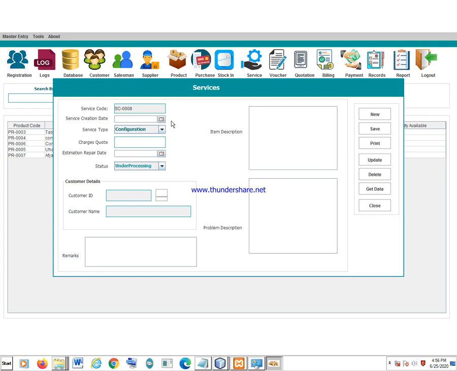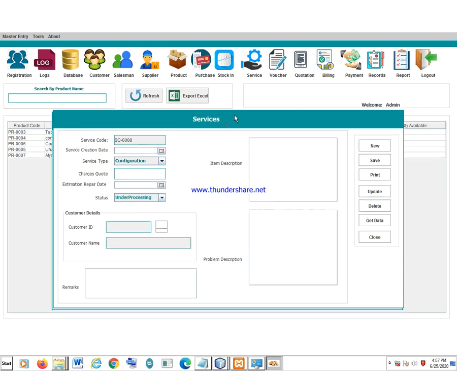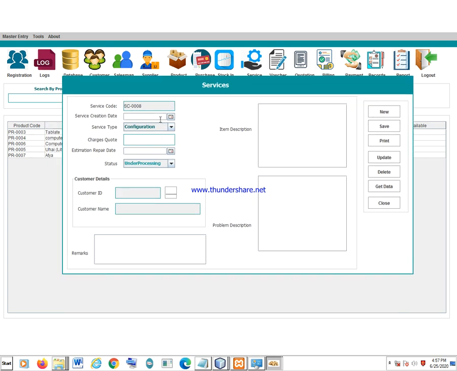Maybe you provide maintenance, tracking, or any kind of service. A person comes to your office to complain, saying I need some kind of service. So you have to register that order. I can register it here as my order, and this is the date of the day. The service creation date is today, and the service type maybe is wiring, and a quotation charge maybe I can